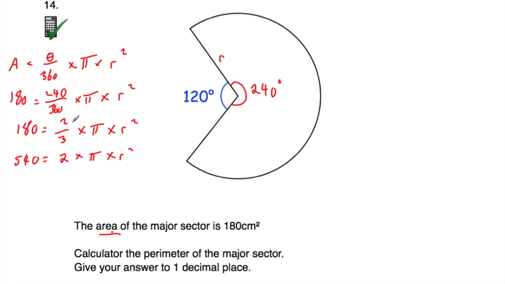Now actually at this point I could just work out 2/3 multiplied by pi and then just divide both sides by that if I wanted to, but I would just multiply both sides by 3. I'm now going to divide both sides by 2, so I'm going to get 270 is equal to pi multiplied by the radius squared. I'm now going to divide by pi, so on my calculator I'm going to do 270 divided by pi, and that's equal to